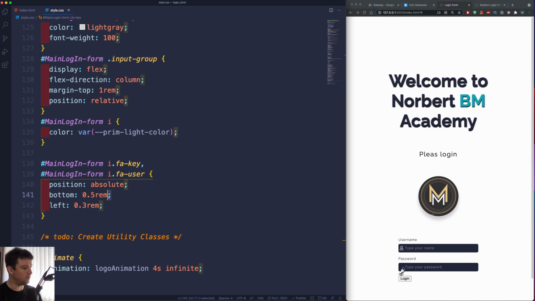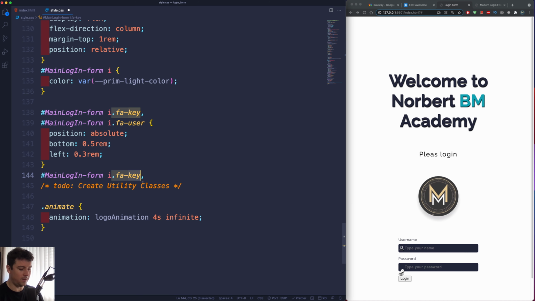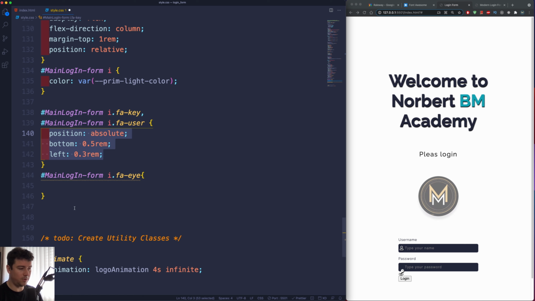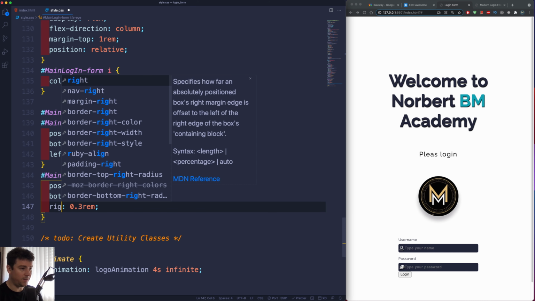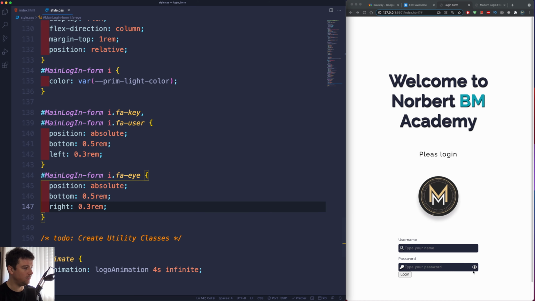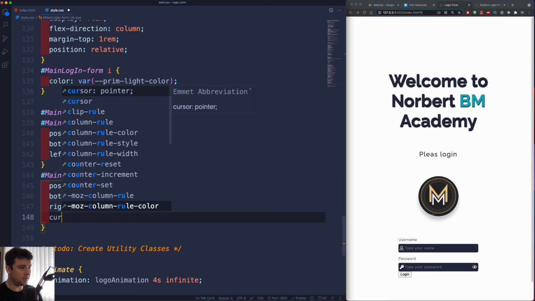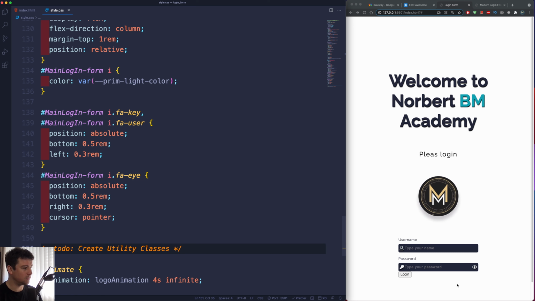Now, these two are not positioned correctly, so I'm going to take the fa-eye. So I'm going to take this, for example, copy it, change it to fa-eye. And I could just copy this part because we need to position it absolute. I'm going to set it to the bottom, 3 rem, but this I'm going to set to the right side with 3 rem, so not to the left side. There we go. Now the eye is on the right side. And I also want the cursor to be a pointer when I hover over it. So I'm going to change the cursor to pointer,